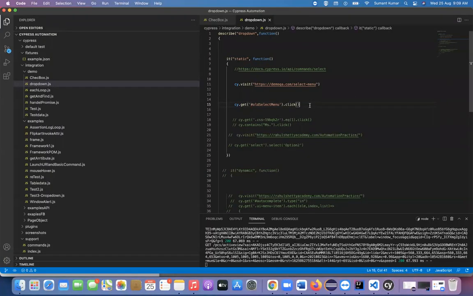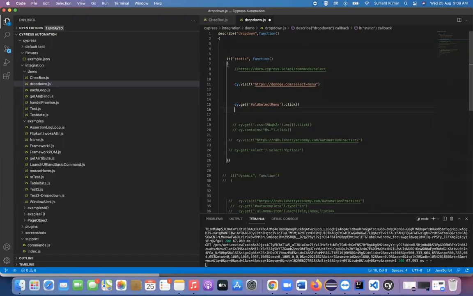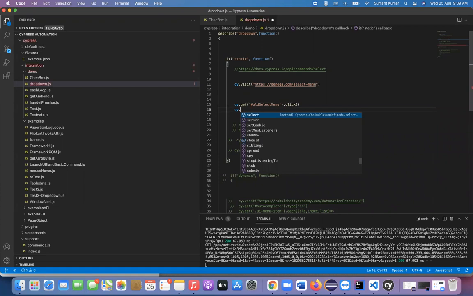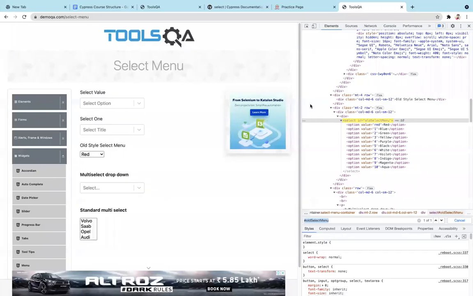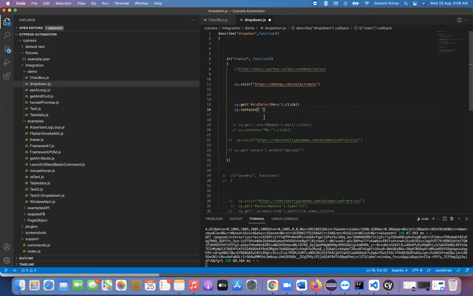So let's see what we can do. This cy.contains, the contains keyword is used for selecting an element by text, correct? Yes. So here we have red, blue, green, anything. So let's say I want to select green. So green, and then .click.